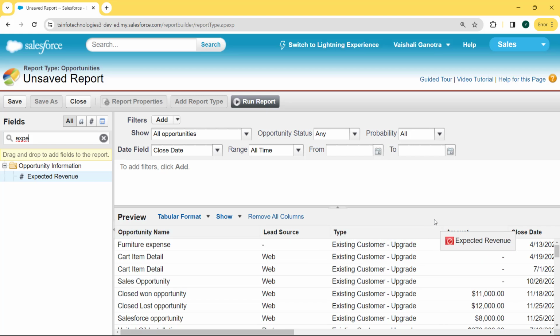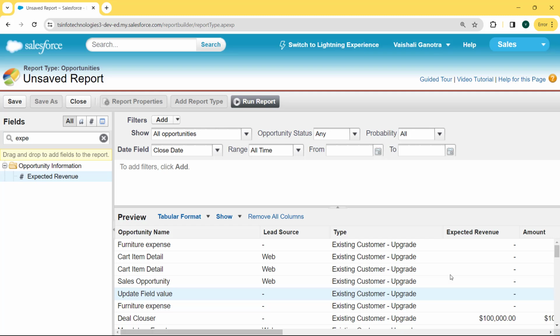Drag this and drop it under the preview section, and here we can see that our type and expected revenue fields are added under the preview section. After adding the type and expected revenue, now we are doing group by on a field, so click on the type